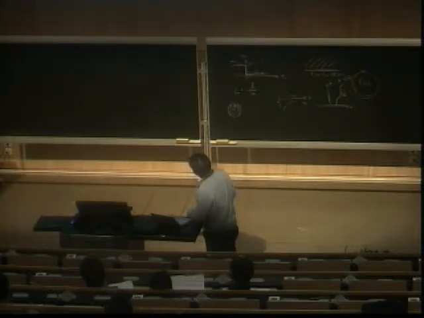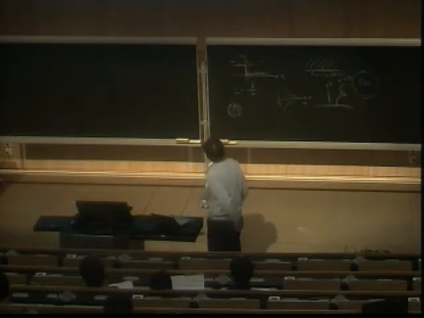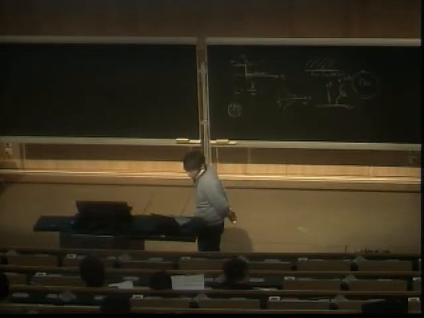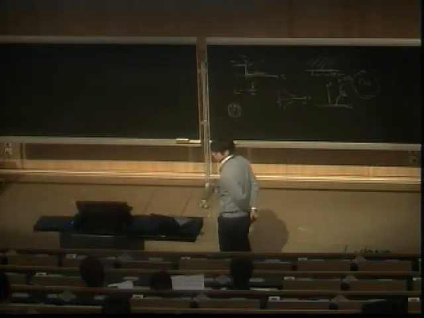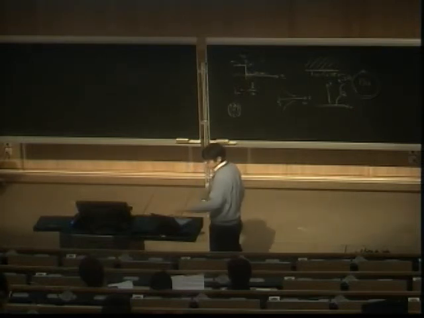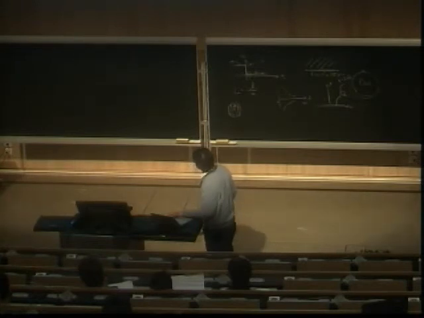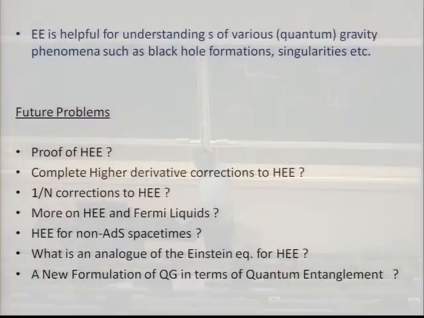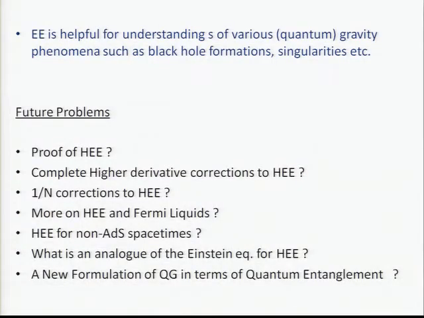Also, in odd dimensional conformal field theory, it provides an analog of central charge, which is missing in the standard anomaly argument. Also, especially in higher dimensions, where the calculation gets very complicated in the quantum field theory approach, this holographic calculation of entanglement entropy offers a very powerful way to calculate entanglement entropy for strongly coupled systems. Finally, it should also be helpful for understanding quantum gravity from the viewpoint of quantum entanglement by using the AdS/CFT correspondence.